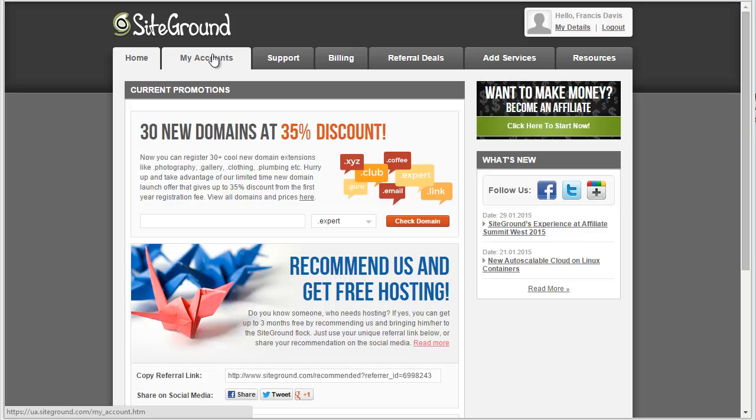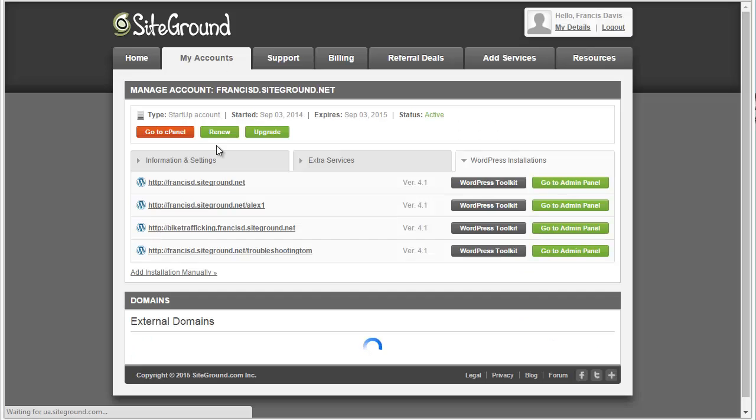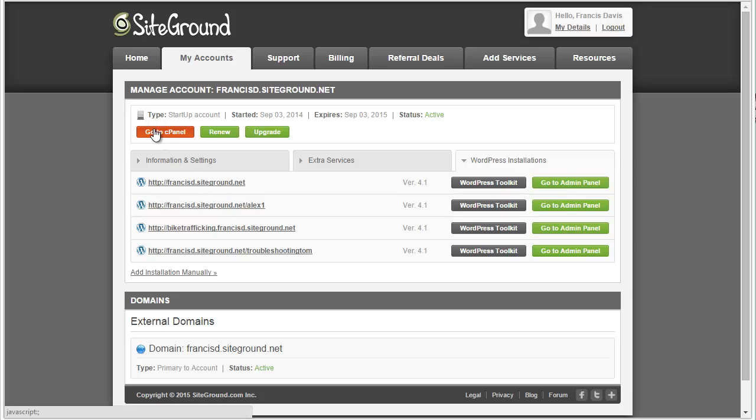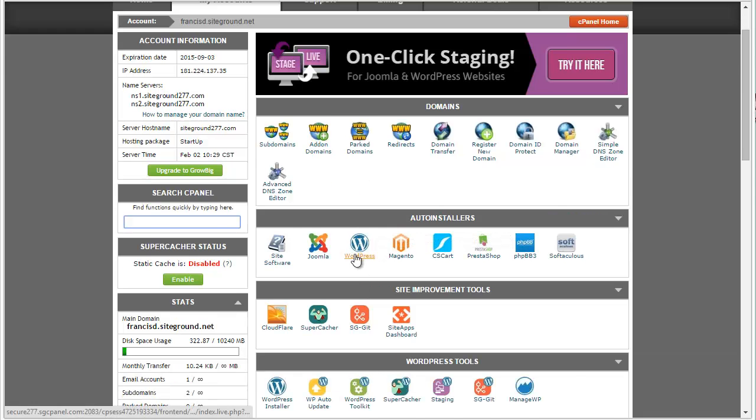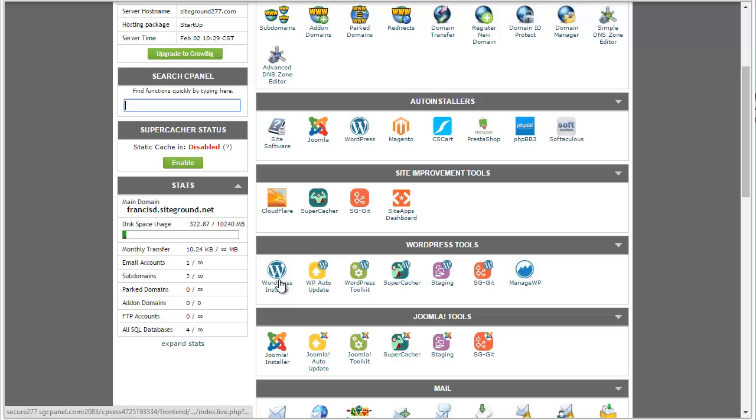So here I've signed into SiteGround. You need to navigate to My Accounts and then to the cPanel. Once you're in the cPanel, if you navigate down to the WordPress installer,